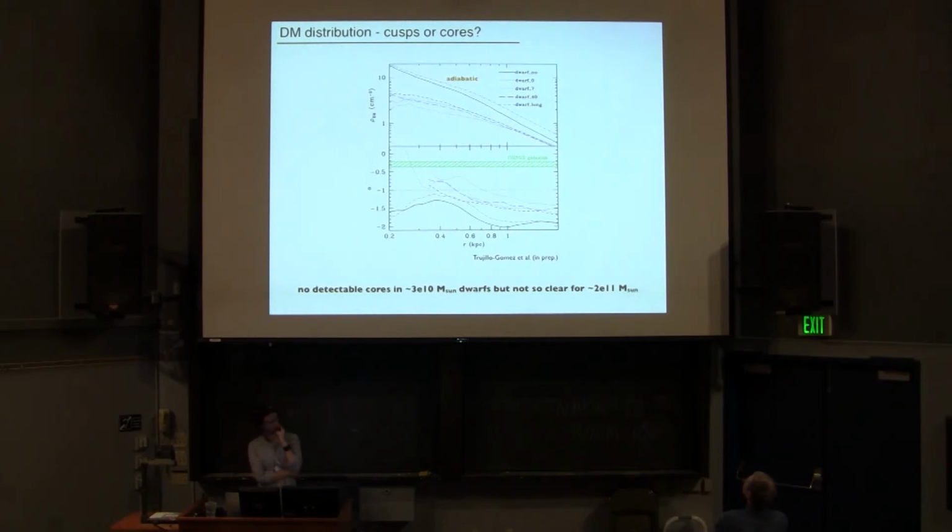What do you mean constant? In the top here, the density in grams per centimeter to the -3 doesn't vary by more than a factor of a few from 0.6 down to 0.2. That's very flat. So you claim that's a core. I think that's as cool as anything that anyone finds. I mean, most of the core claims are really where it's -0.5 and you go to 6. But the opposite is -1.